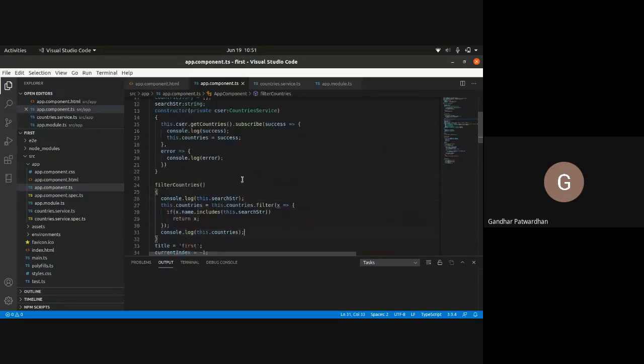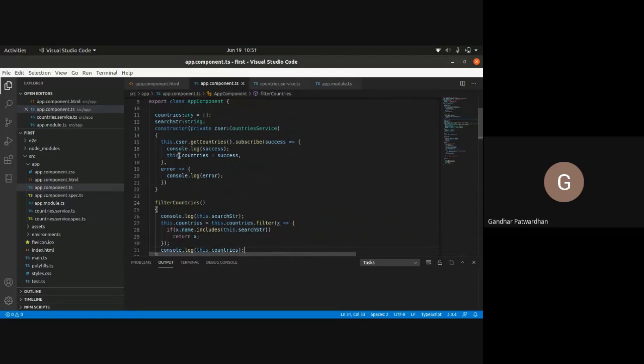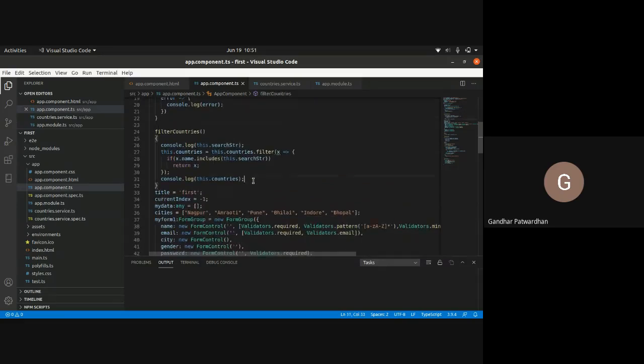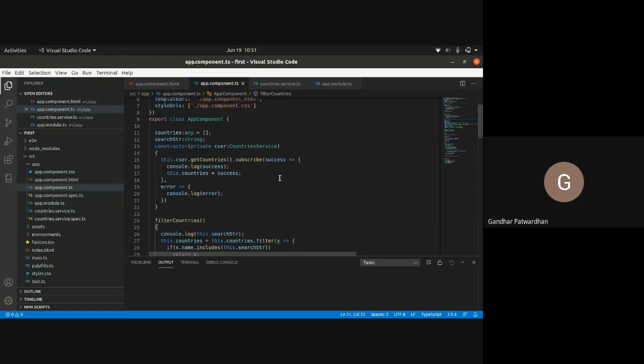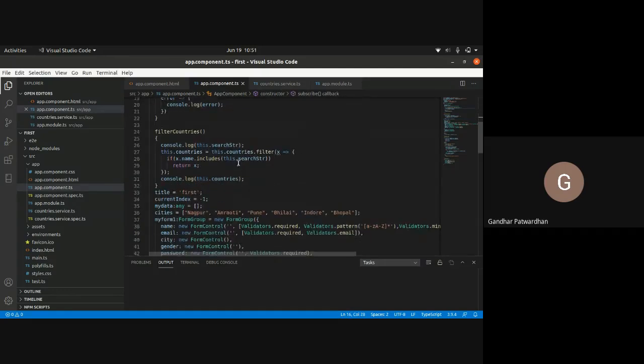Right. So we had our countries previously. Where did we get those countries? We got those countries here, from our service. And via our service, we called that API. We made a get request and we called that API. And we are trying to display the countries here. First, we displayed them somewhere here, in line number 16. And then I'm displaying it in line number 31. Now, let us try and see if this thing works.